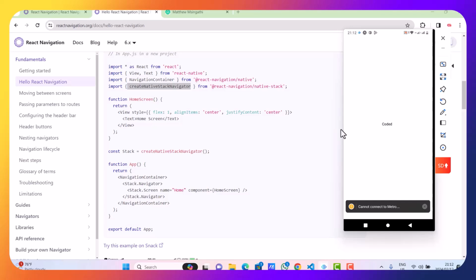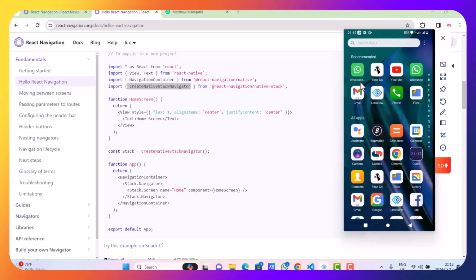Treat this form of transition as a stack navigation. Why? What's the idea behind the stack navigation? Think of this as a stack of screens put one on top of each other, like a stack of bricks. So when I'm going back to a previous screen,